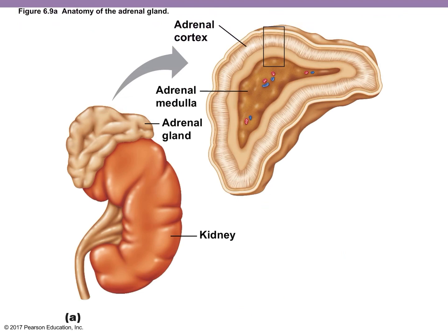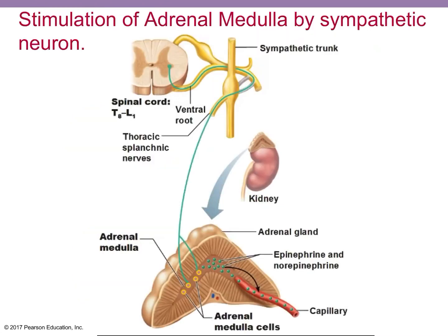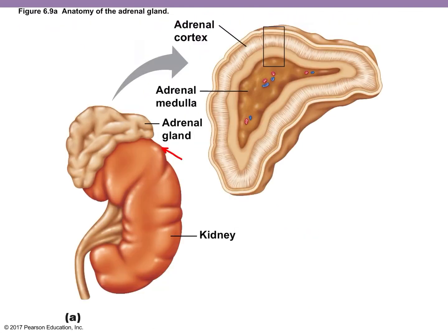Remember that the adrenal gland sits on the superior pole of the kidney, right? So it sits on each kidney. You have 2 adrenal glands. And so let me just speak real quick about the adrenal cortex. So the cortex, which is the outer part, let's actually look at this, right? So the cortex is this outer portion, and this is the region that's going to make your glucocorticoids, mineralocorticoids, and